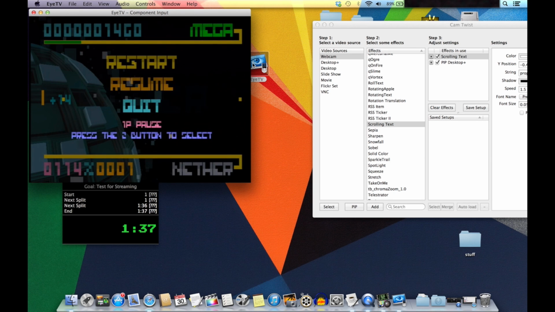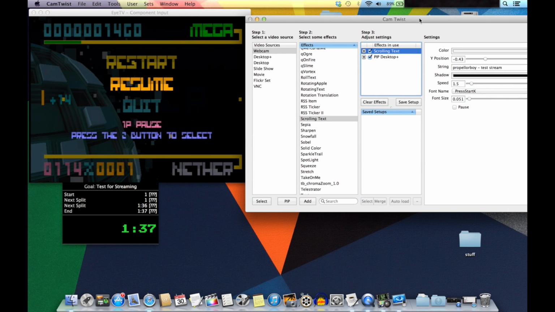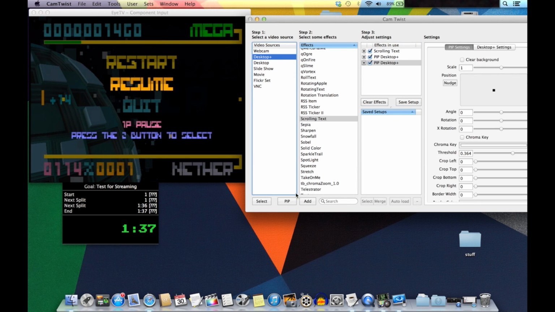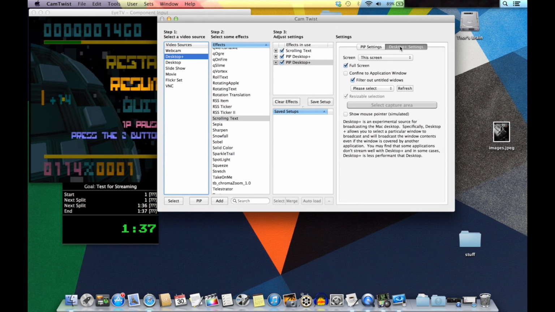So that's my preview window. And what I'm going to do is choose that as Desktop Plus as well, just like we did for the Landfare timer. I'm going to pick Desktop Plus, Picture in Picture, and then I'm going to go to Desktop Plus Settings, Confined to Application window. I'm going to pick, in this case, the iTV component input,